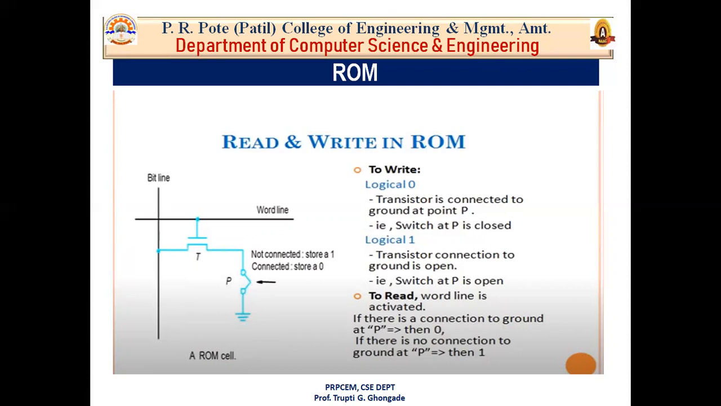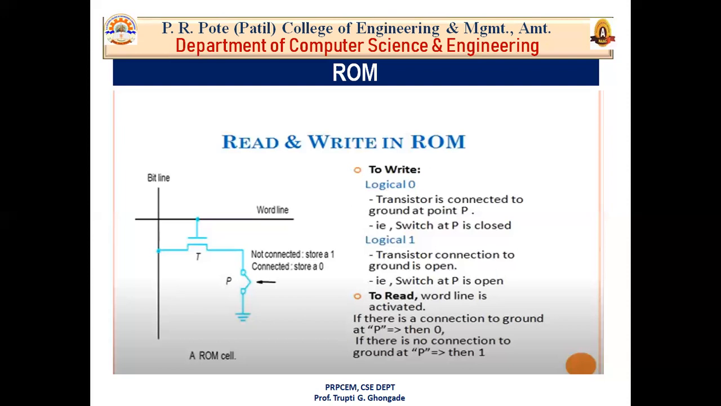So that means this switch acts as an open switch and there is no connection between the transistor and the ground. So whatever voltage there is in the bit line is trapped as a charge in the transistor. So it is equivalent to storing logical 1 in the cell. Now